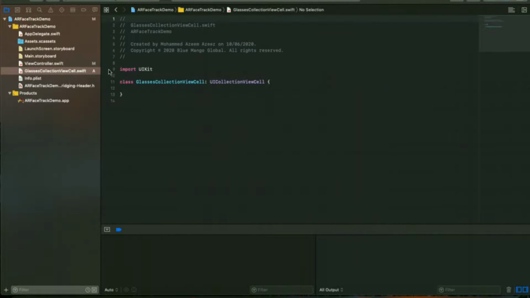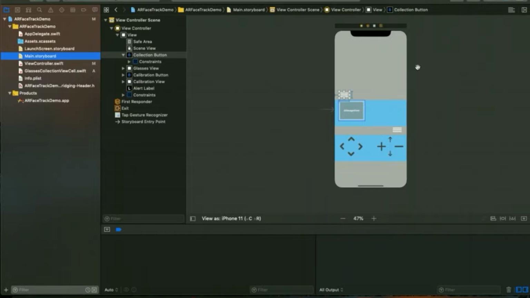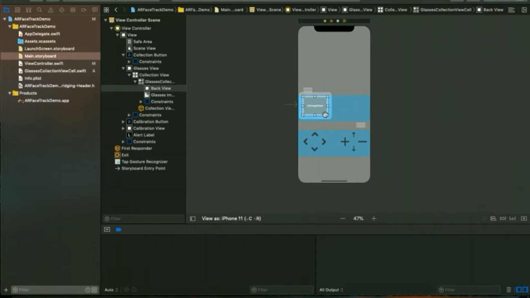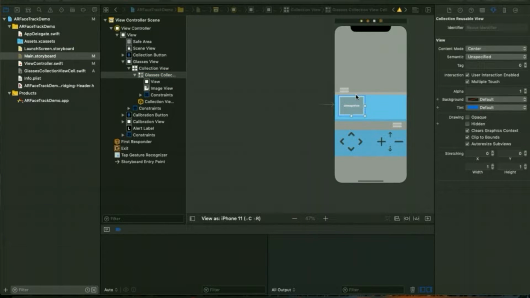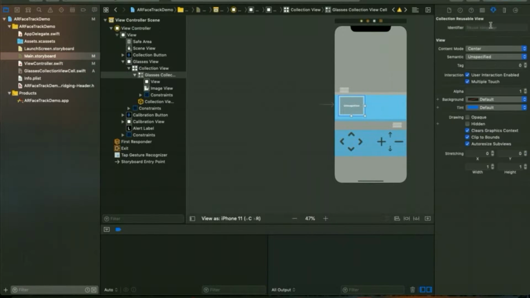Well, so there. I'm going back to the main.storyboard. So what I'm going to do is click this, the collection view. Next is I'm going to give the classes over here. So this is classes view controller collection view cell, and I'm going to give the identifier as classes collection view cell. Alright,